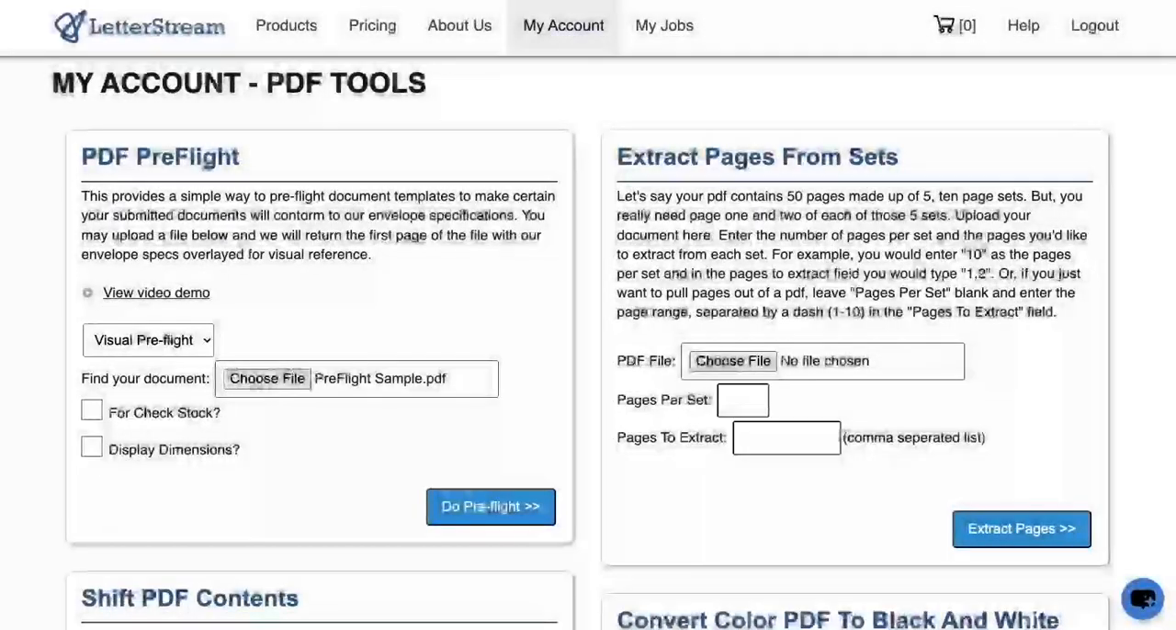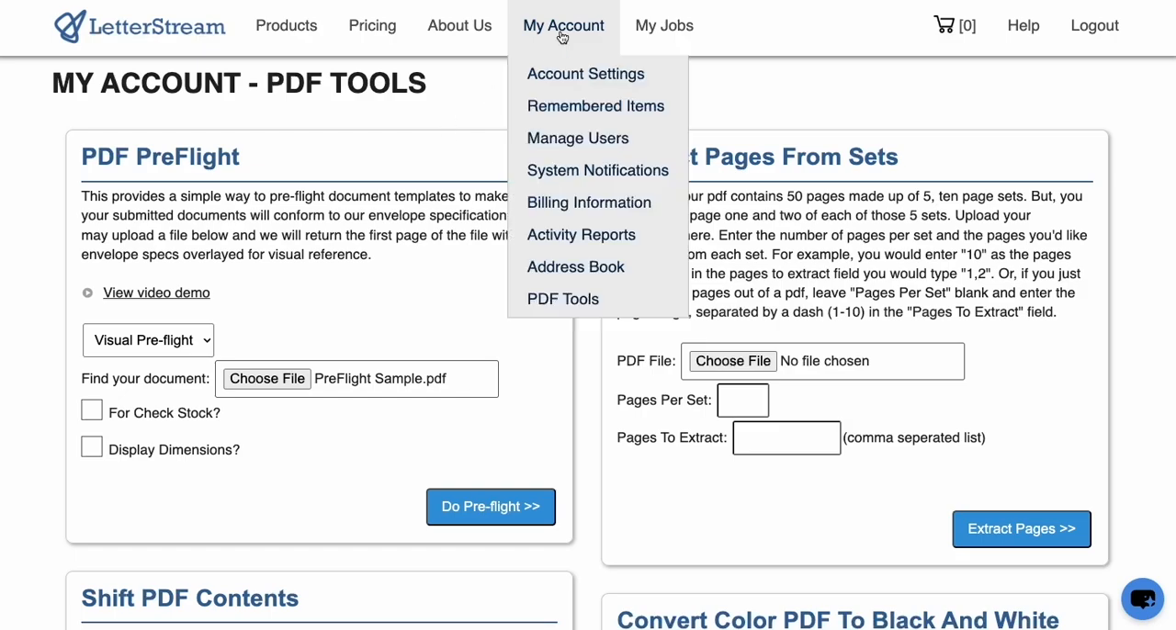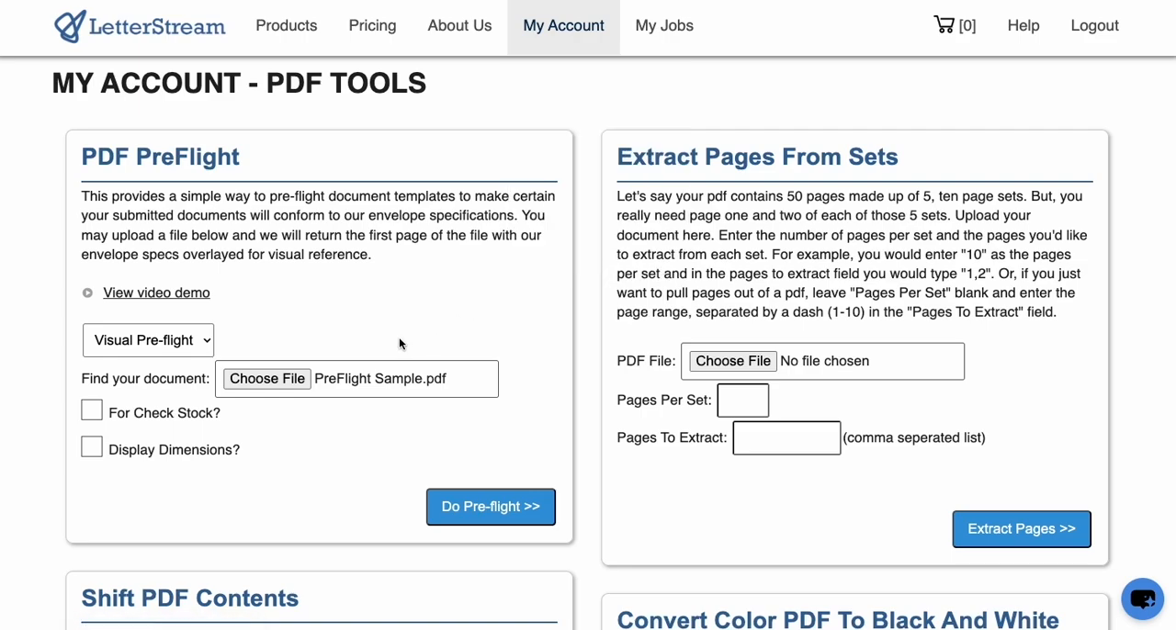In this video, we will go over the PDF PreFlight tool. To access this tool, hover over My Account and click on PDF Tools. This tool allows you to upload a PDF document, and our system will return your document with overlaid information on